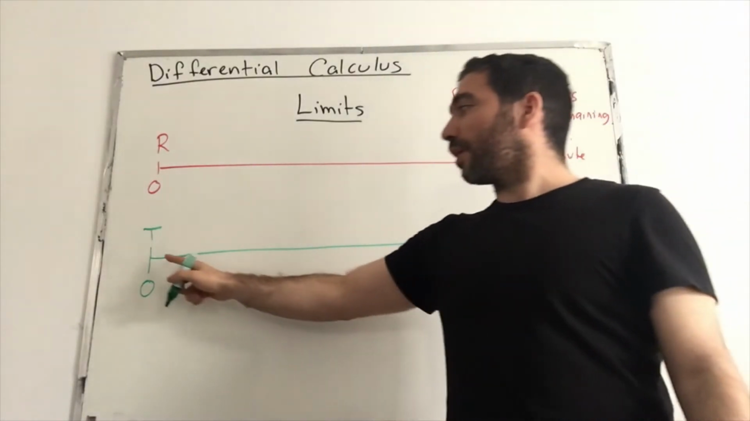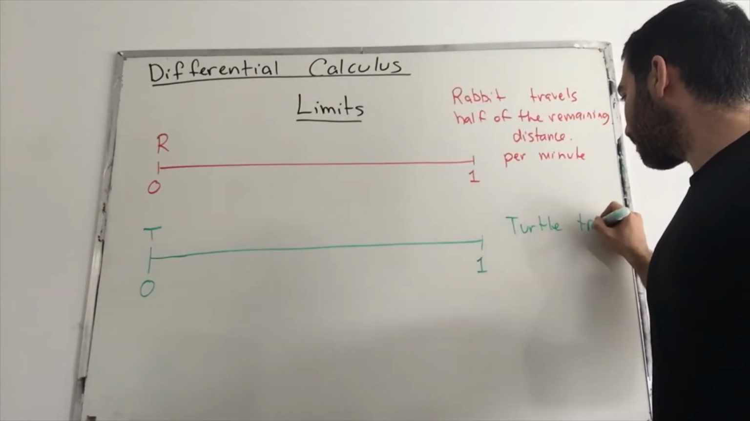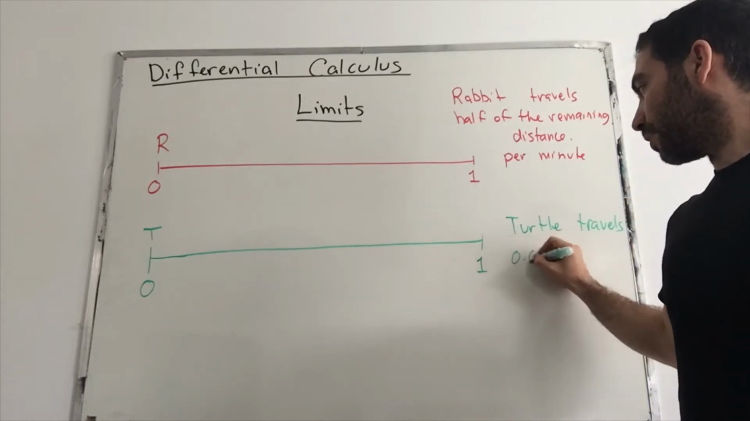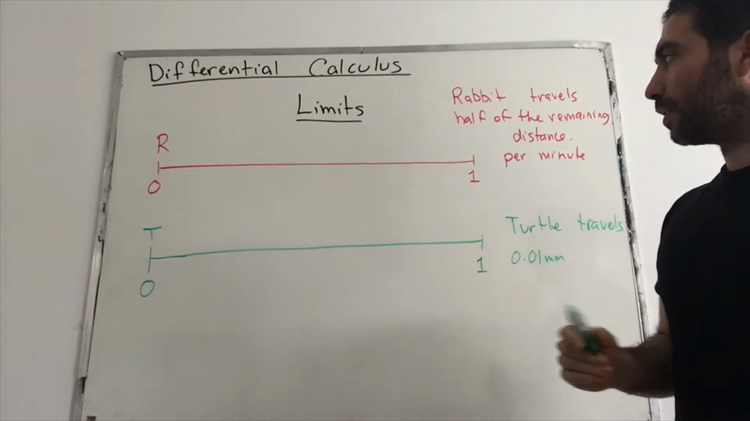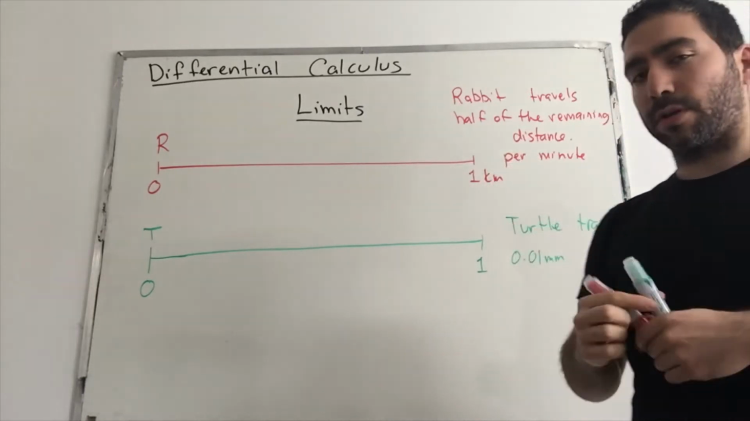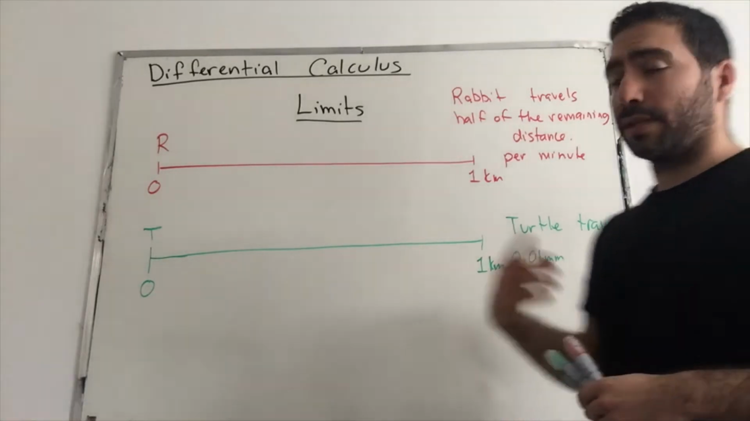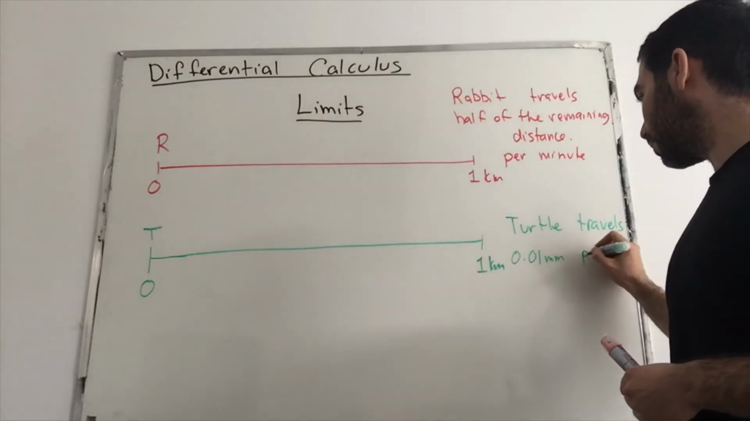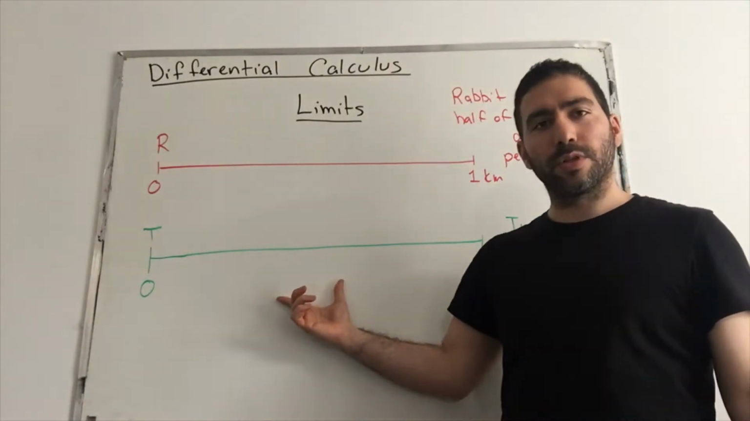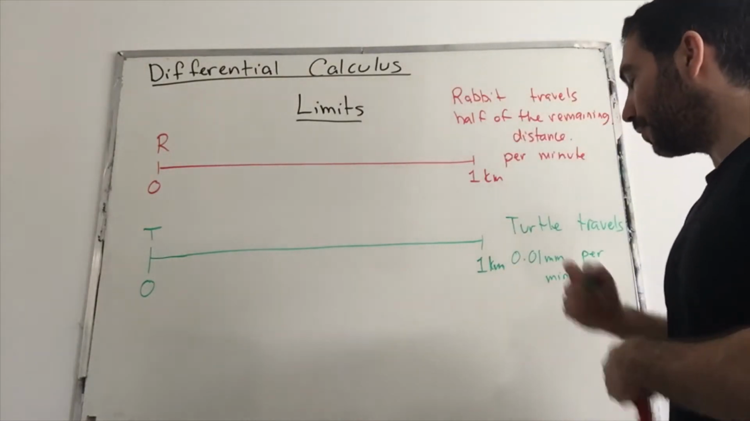And the turtle, let's say, travels 0.01 millimeter. Let's put the units in kilometers. So this is 1 kilometer, this is 1 kilometer. And the turtle travels 0.01 millimeter per minute. Who's going to win the race? So if the answer seems obvious to you, then you might be